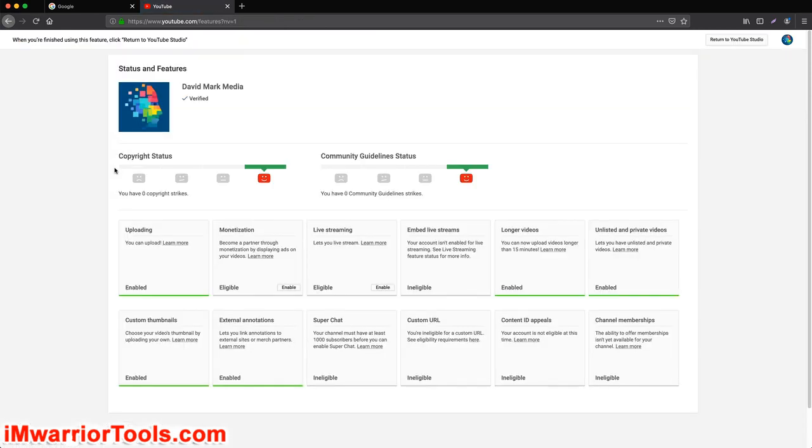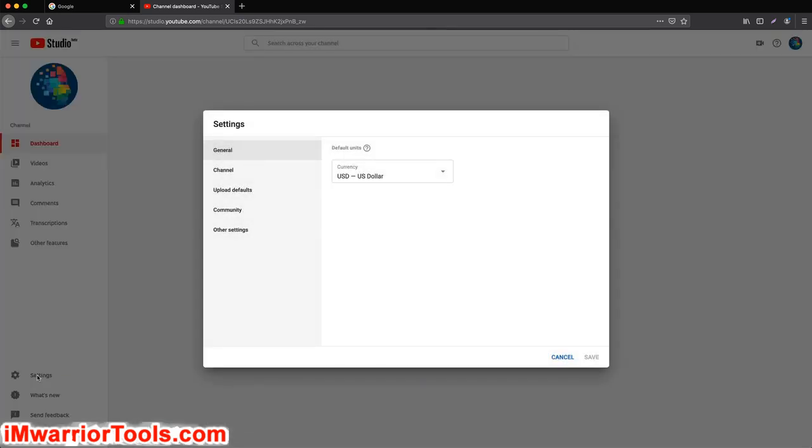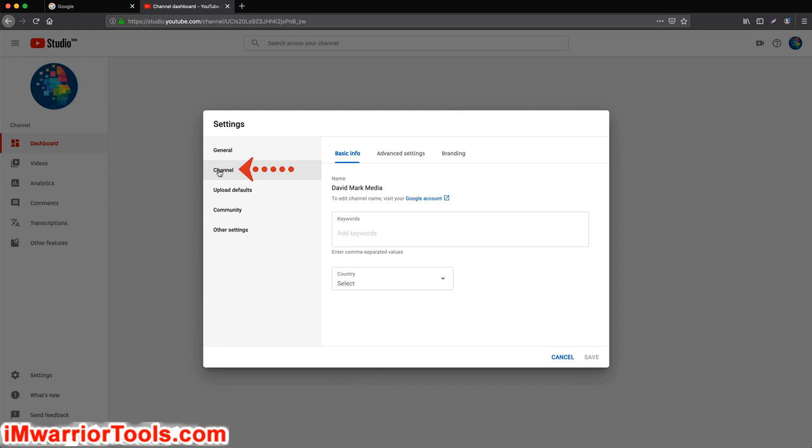Now you see that when we do that, we have other options which are automatically enabled as well. And you can just leave everything at the default setting. Now I want you to go up to the upper right-hand corner and click Return to YouTube Studio. Then what I want you to do once more is go down to the left sidebar, click on Settings, then select Channel, and you could enter some basic info about your channel if you wanted to,